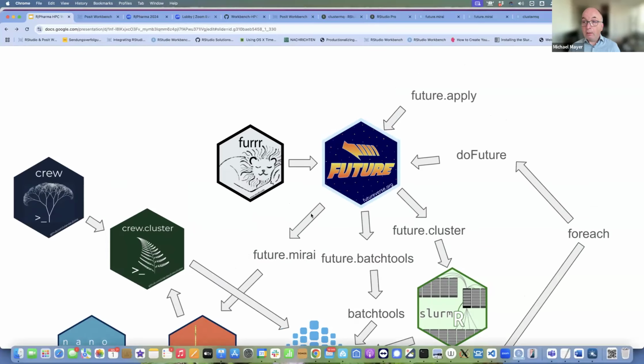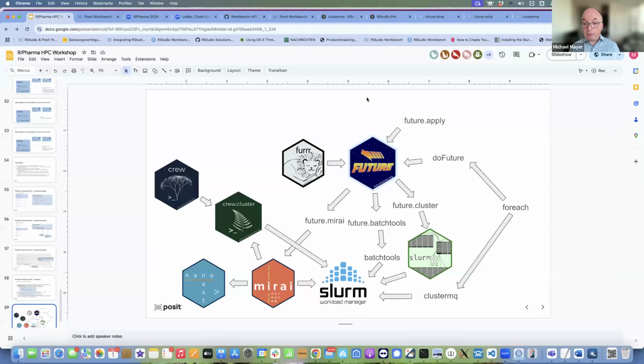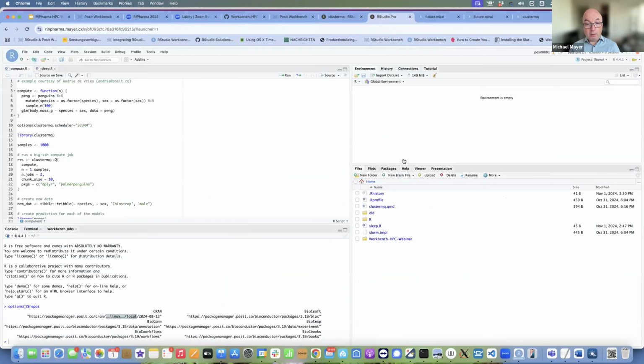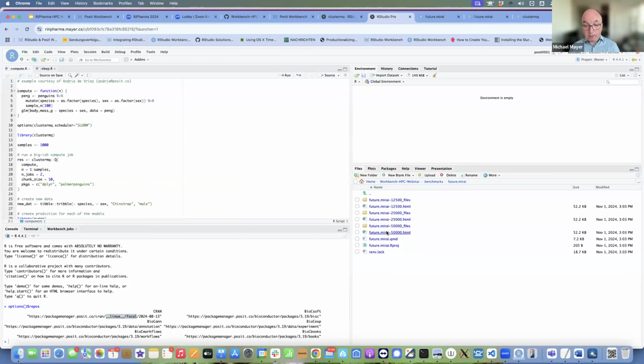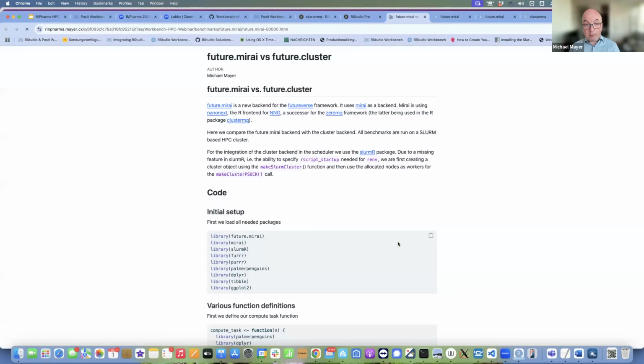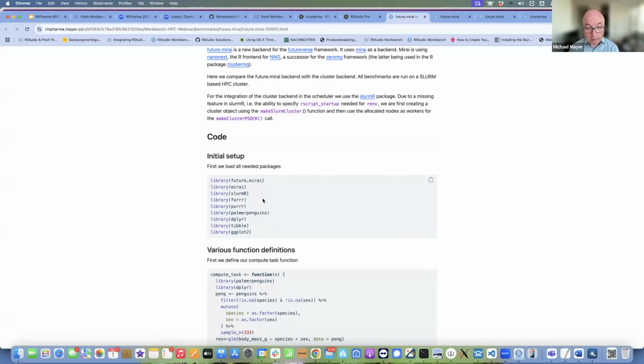And so now, before we open to a general, maybe last, general Q&A, I just want to make sure that you're also aware of something that should maybe close out and bring back some of the memories, because if you look in the benchmarks section, you have a future.mirai subfolder. And if I'm opening the 50,000 file, then this is a little bit more of a complex code. I didn't want to discuss that in great detail, but here I'm